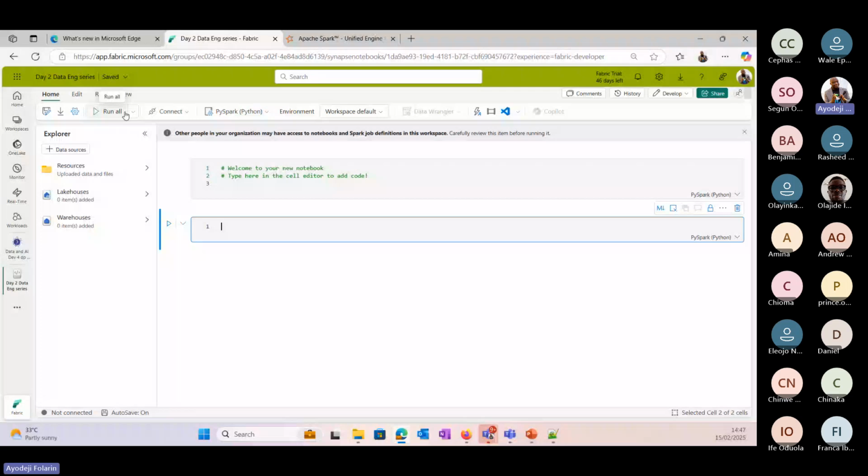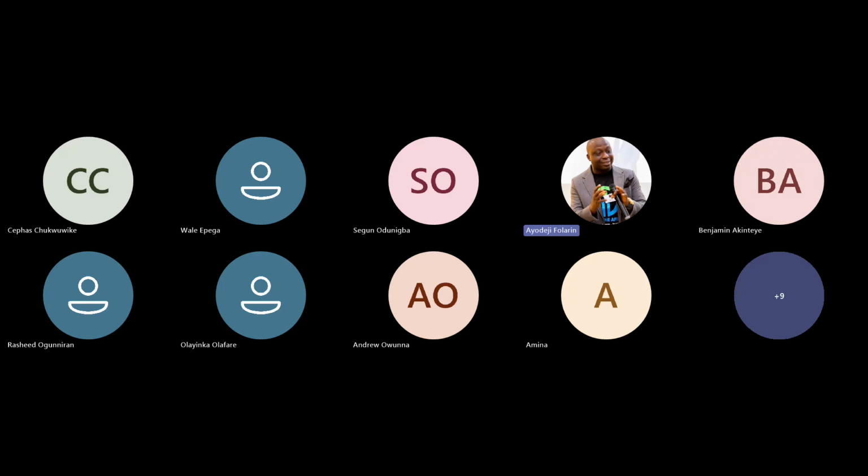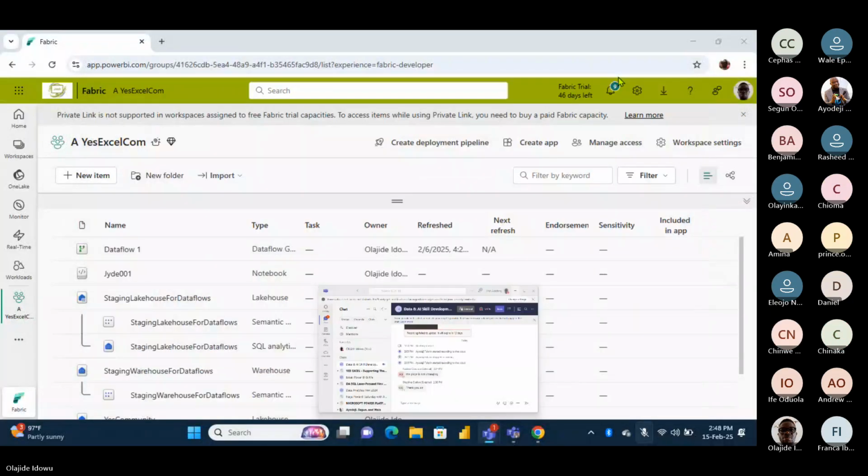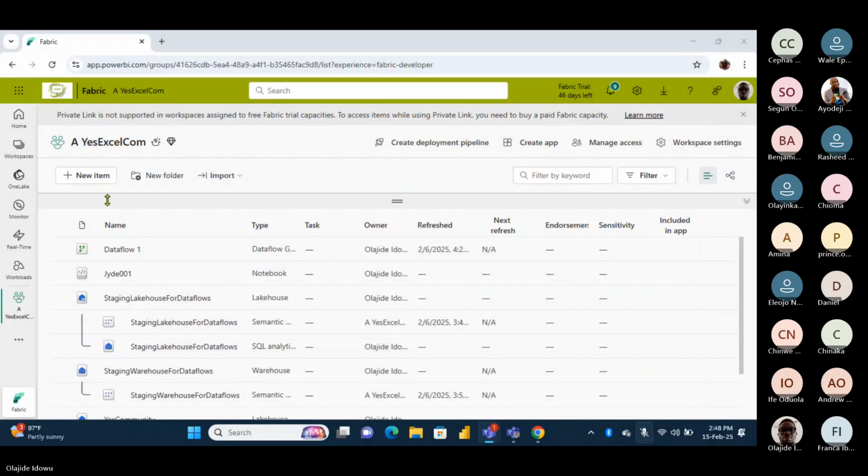So now when you say connect, are you connecting to a standard session or high concurrency session? By default, by the time you are running your Apache,